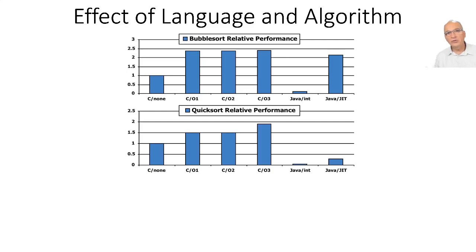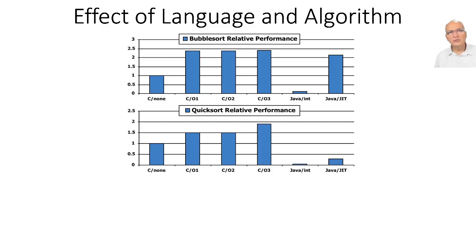So when you need to generate code that must be efficient, choosing the language that you're going to program your code in is very important. And for a number of languages, compilers are advancing and becoming better. This is data from quite a long time ago, data that is in your textbook. If we do this test today, the numbers for Java may be quite different.